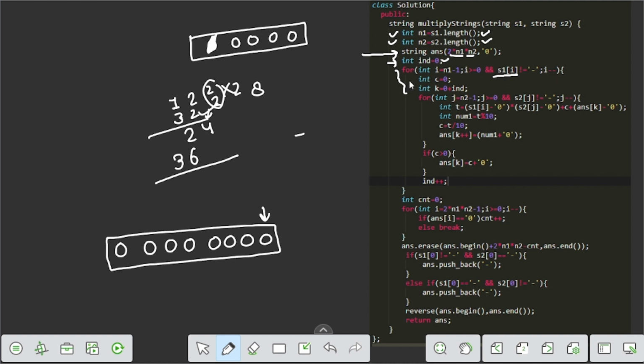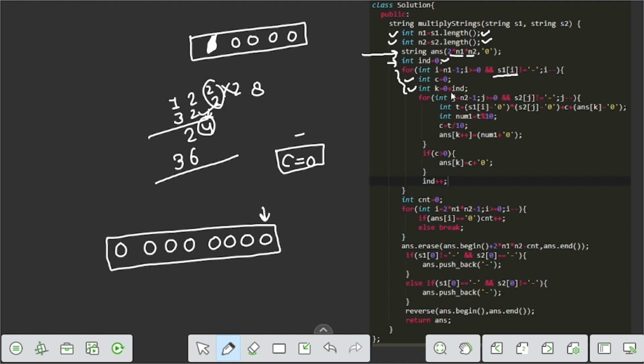Here we create a c variable which represents the carry number, because when we multiply two numbers, they may somehow give a carry. So for the carry we initialize a c variable which is 0, and this index which is